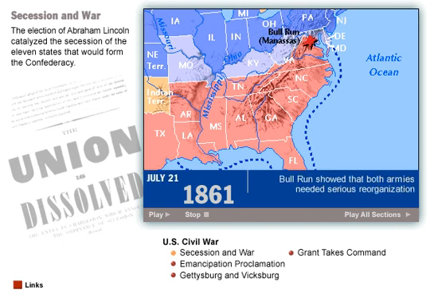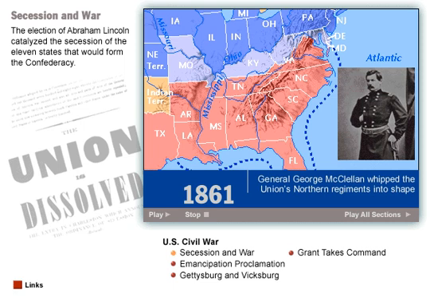At the war's initial major engagement, the First Battle of Bull Run outside Washington, the Confederates routed the Federals. Bull Run showed that both armies required serious reorganization. The Union called on George McClellan, who, with great enthusiasm, whipped the Northern regiments into shape. After much delay, McClellan began his drive against the Confederate capital at Richmond, sweeping up the Virginia Peninsula with a